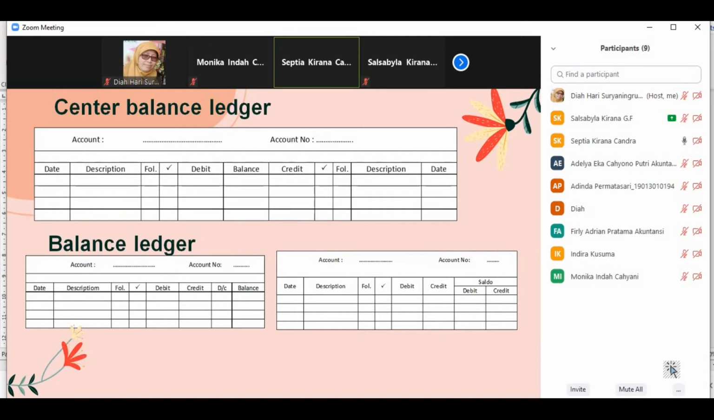There are two ways to design the balance column. First, by inserting a column D or C, marking D for debit balance and C for credit balance in front of the number listed in the balance column. Second, by creating a separate debit balance column and credit balance column. Account receivable, account payable, and inventory subsidiary ledgers generally use this form. Next,